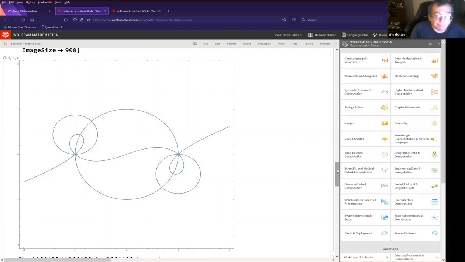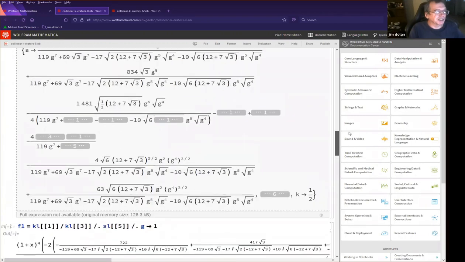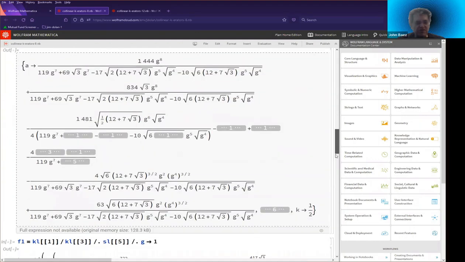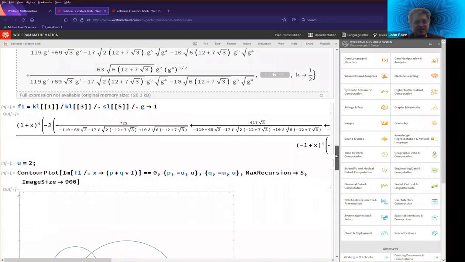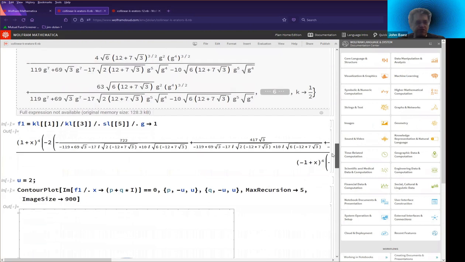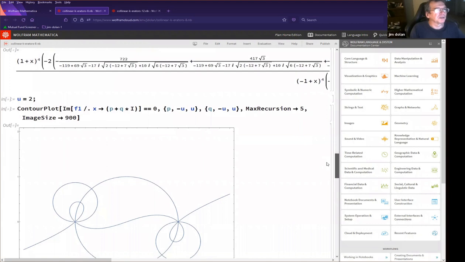In a way the big thing that I want to talk about today, the big concrete result, is what we mentioned last time. Let me show you what it is. This is on the screen. You can see Mathematica printing out stuff with square root symbols in it, numbers like 834 and 417. It looks pretty scary. There's actually a variable g in there, which I don't really want, so try to set g equal to 1. In smaller print you can see some of the numbers that you get when you set g equal to 1.